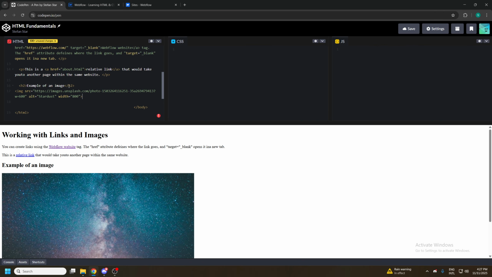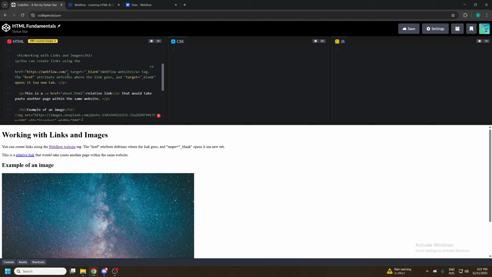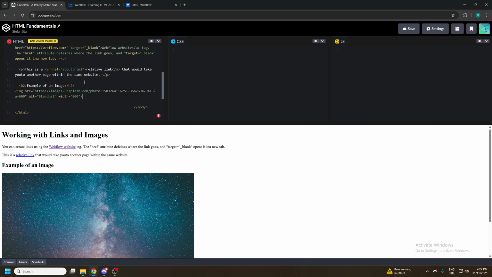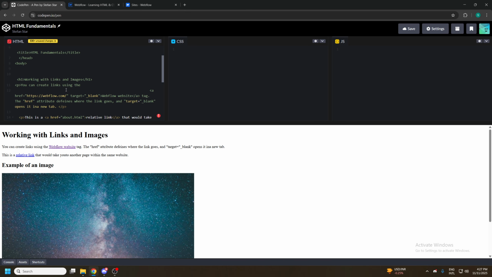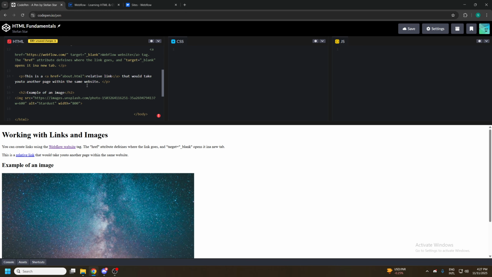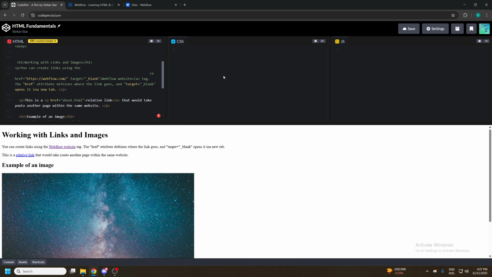And this is how we use images with plain HTML. We use the image tag and the anchor tag for links. Okay, let's try to do this. So